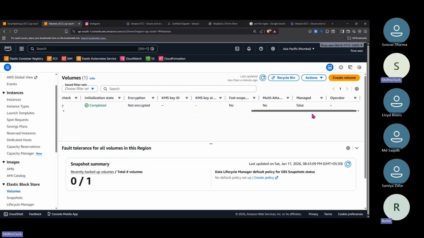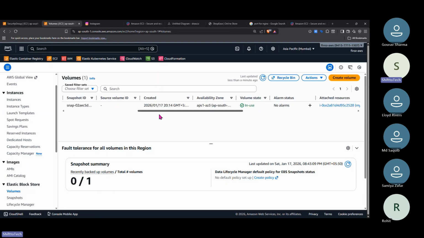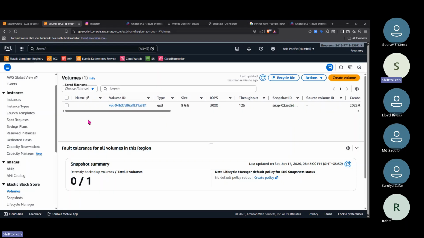The spot price is very less. I have not used it very much, but the charges are very less. Whether you stop it or run it, it doesn't matter. It will give you 2-3 minutes if AWS wants it back, and then it will disappear.